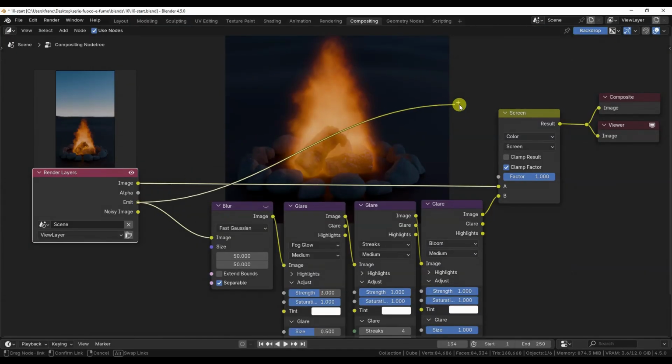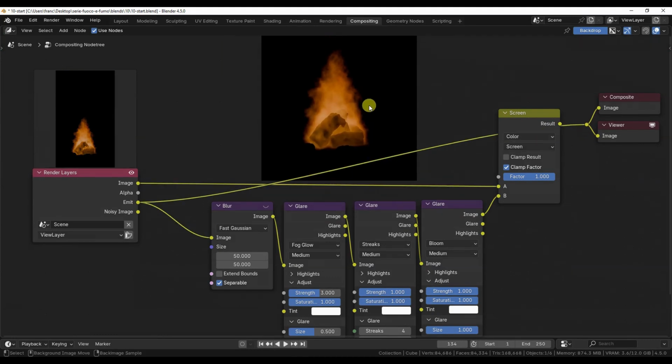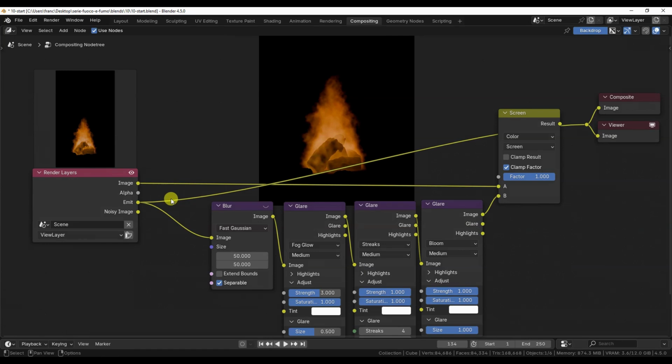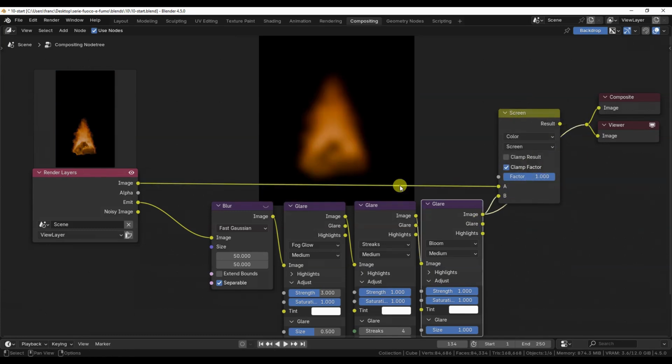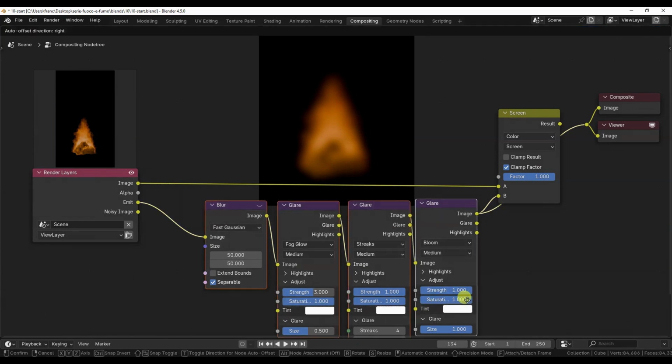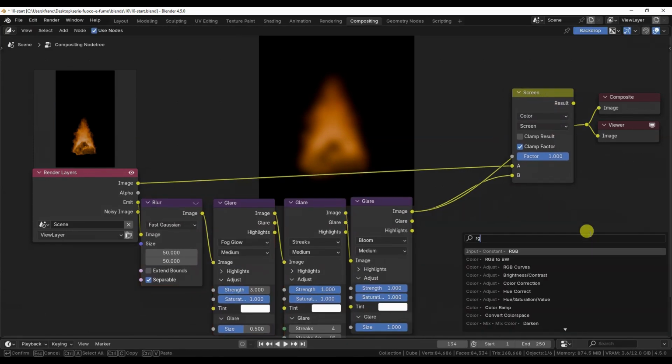Using the emission information, which gives us the flames in color on a black background, we can apply various compositing nodes to improve blur, glow, contrast, or even color. The result of these operations can then be applied back onto the original render. Blender offers different blending modes and factors for this purpose. For example, I process the flames separately, blurring them and adding different types of glare effects, before applying the result to the original render through a Mix Color node set to Screen.